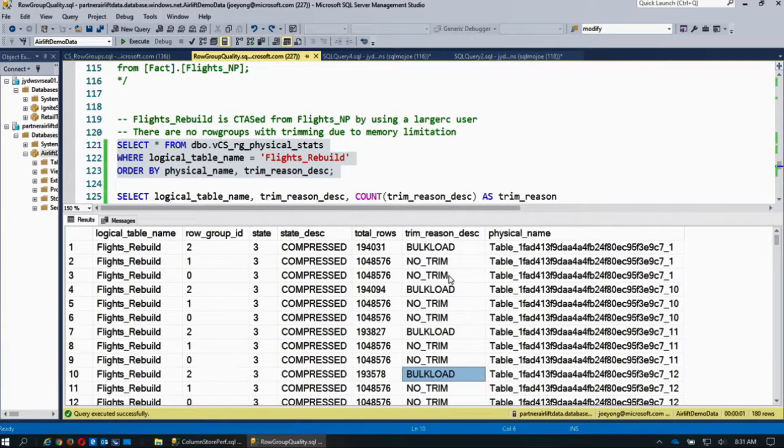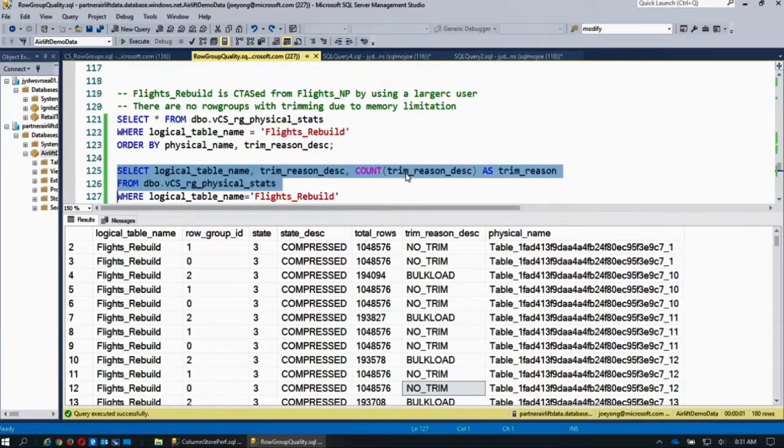No trim's good, because we're not prematurely closing these row groups because we're running out of memory. Bulk load simply means that we've completed that batch process. These are the remainders. These are the leftovers. There's not much you can do about that. So that one's okay. And if we compare the two tables that we worked with,